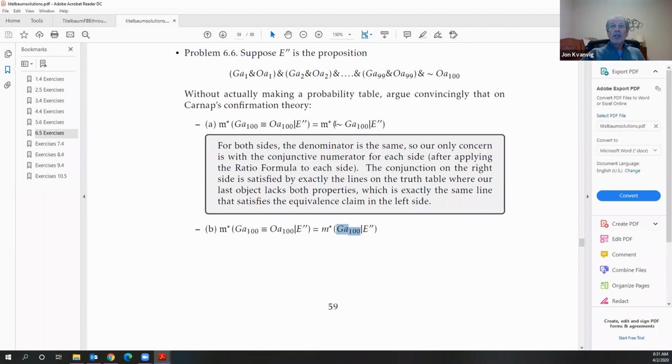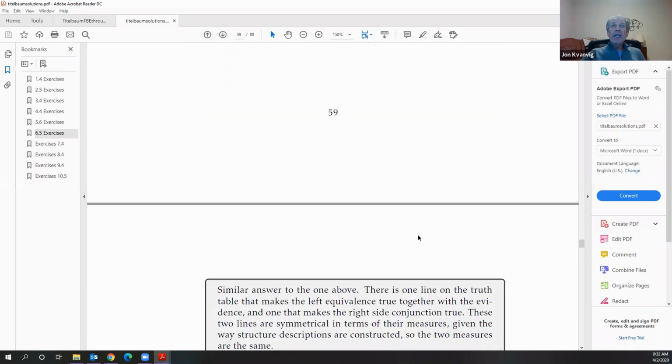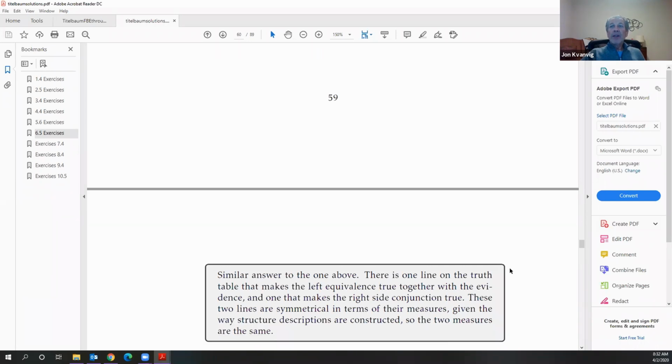So given that the not G one is the same in A, we could derive B. But if you don't want to derive it that way, think of it this way. Similarly to the one above,